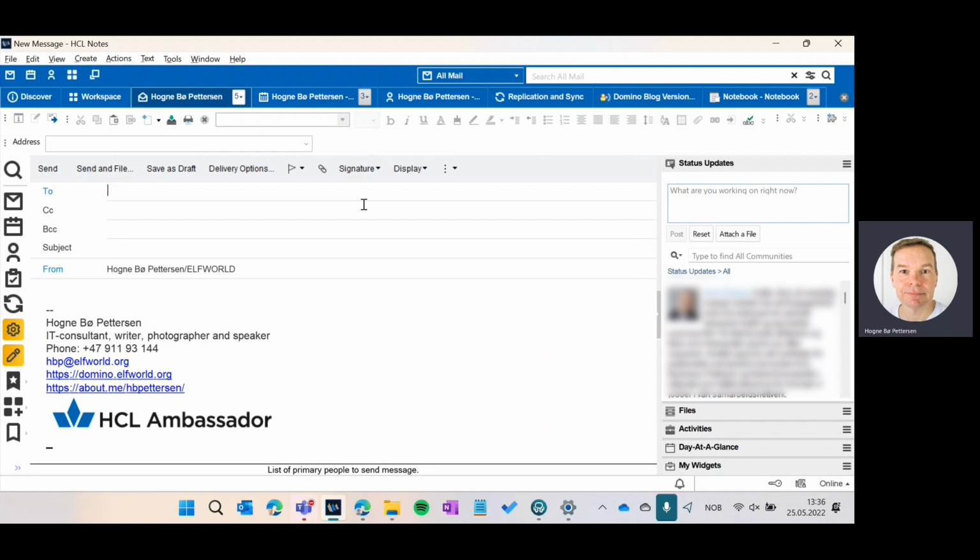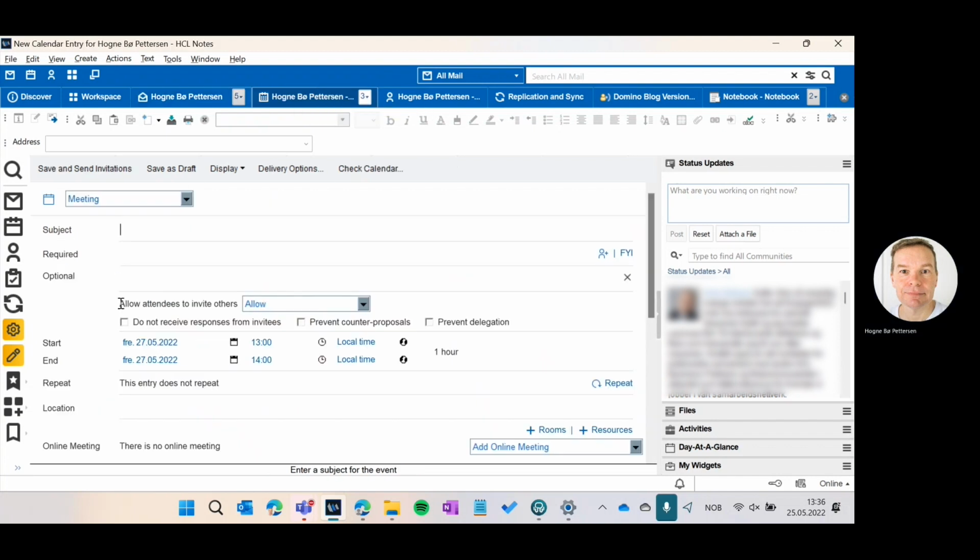Control M and the email, a new email will pop up. And the same with the to-do. It's a new form. And if I go back to the calendar form and I go right down here, I'm going to show you something,